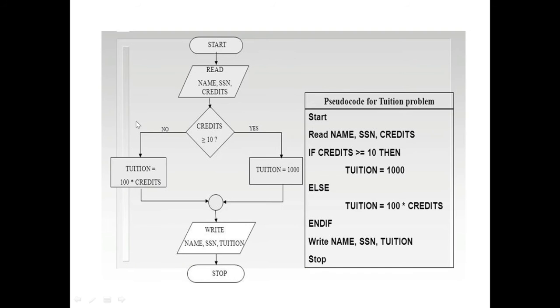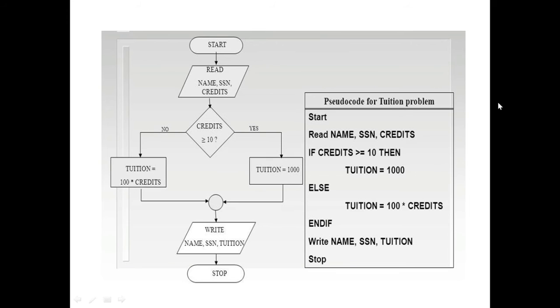I will not go into too much detail. We'll see these flowcharts and pseudocodes throughout the whole course, so don't worry if you didn't get the idea of what I was saying for the last few seconds. We're just going to see this very basic example. My objective in this particular lecture is just to give you an idea of how things are done while developing an algorithm. So here we have reached a junction where we'll test a condition: if the credit is greater than or equal to 10, we'll take this particular course of action, and if it is not, we'll take the other course of action.